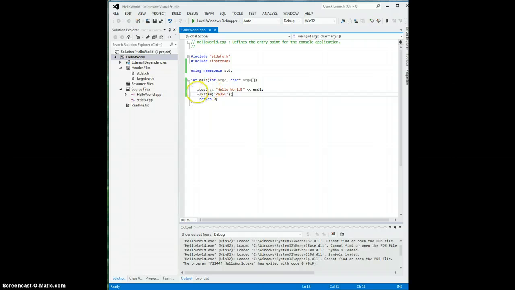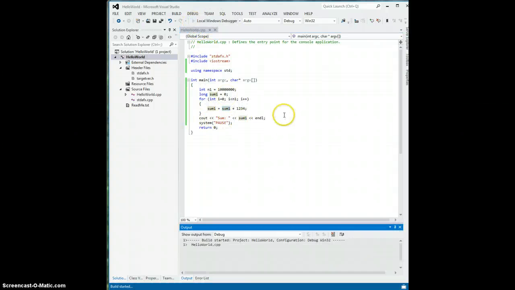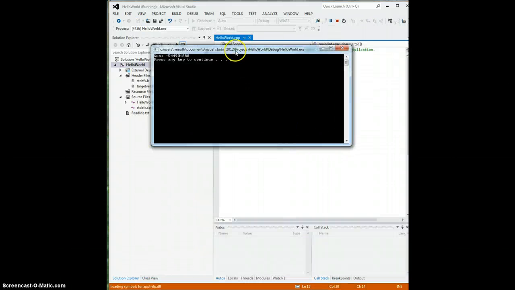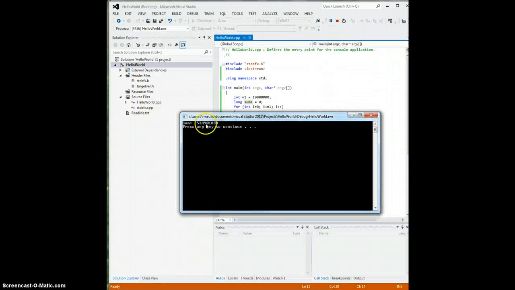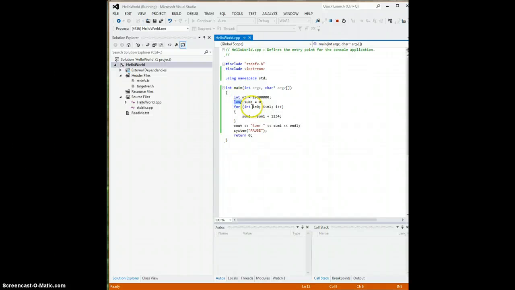Next I'm going to write a little program that is similar to the homework problem. So let's look at that. Now I've written a simple little program that just loops over and does some math. The point of this is to take up some time. All it does is for 10 million iterations, add this number to an accumulating counter and output the value. So when we run it, we should see some really large number. The reason why this is negative is because it overflowed. It's a long value here, and we did 10 million of those, which caused it to overflow quite a bit,